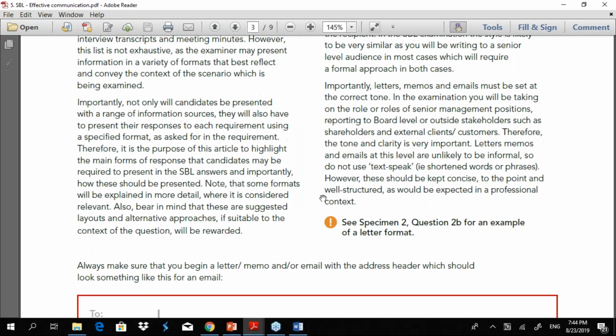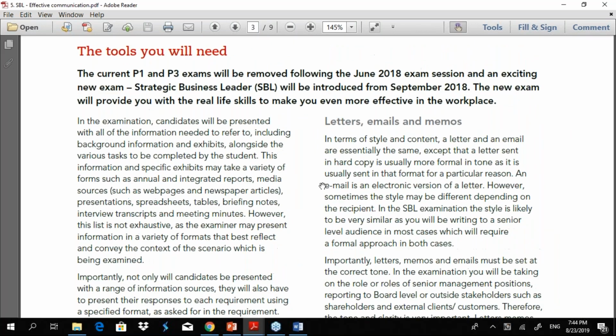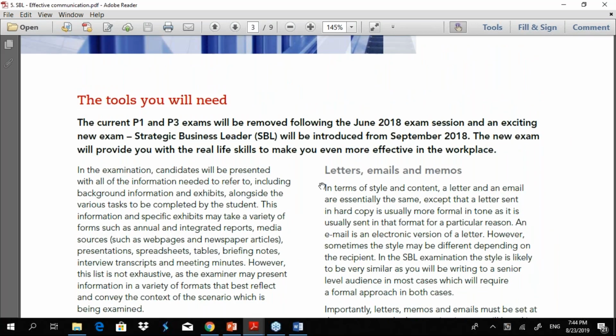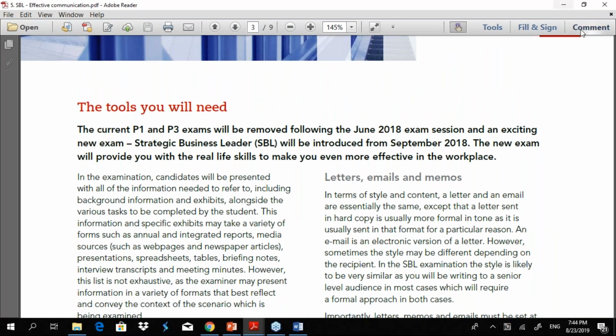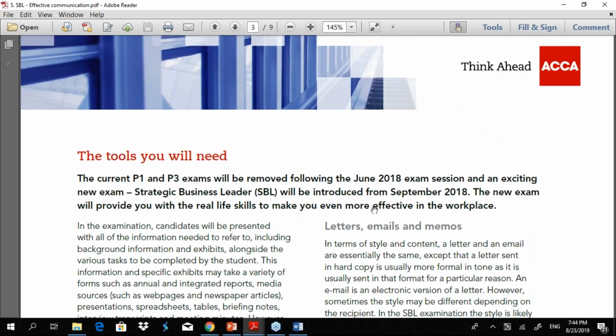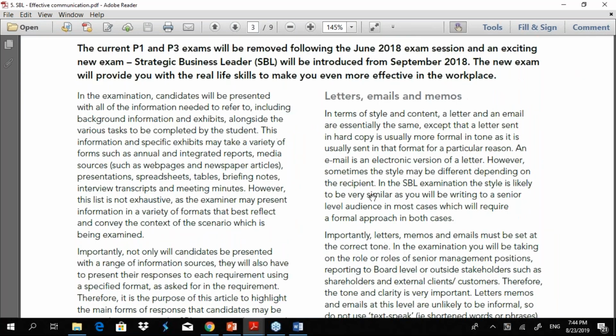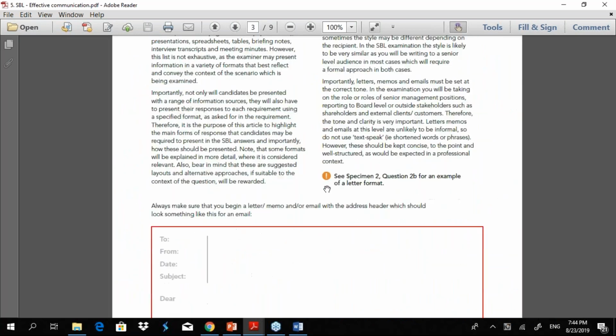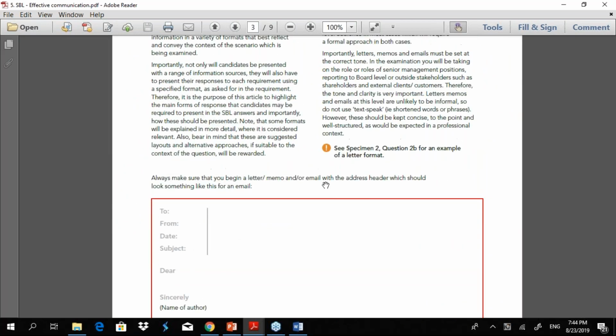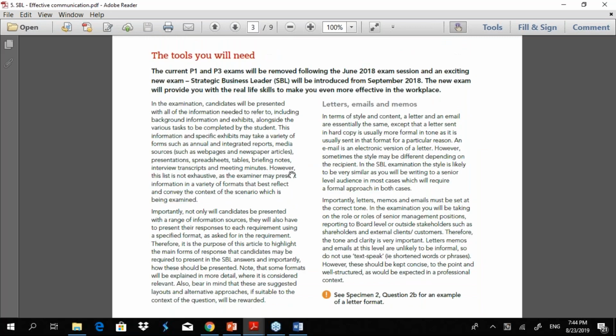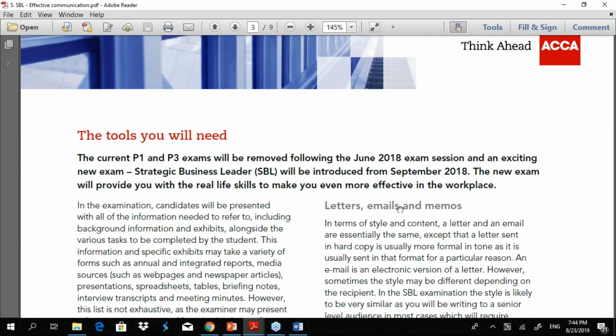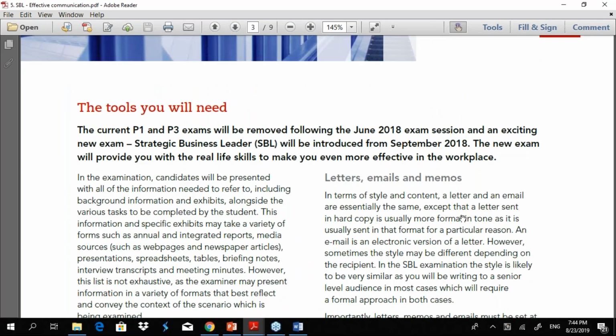See, in the effective communication document, which I have uploaded here under handouts, page number 3. You see letters, emails, and memos.